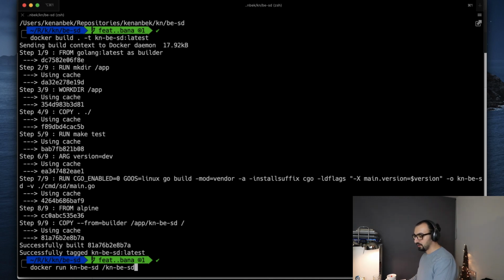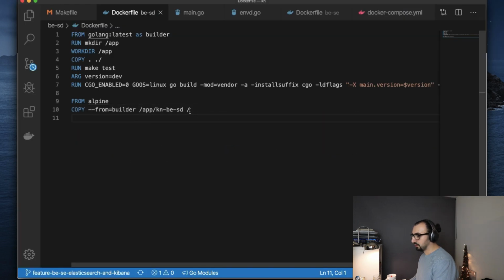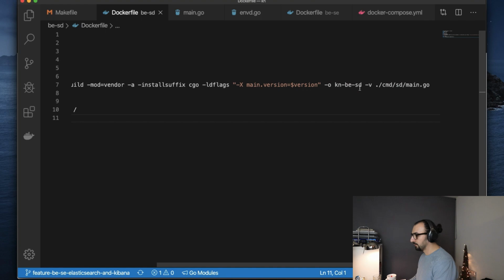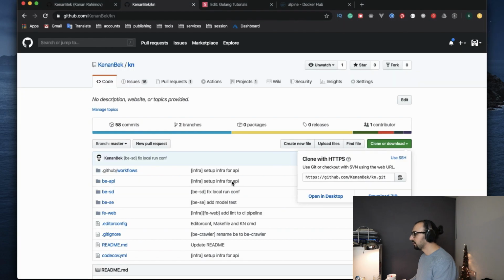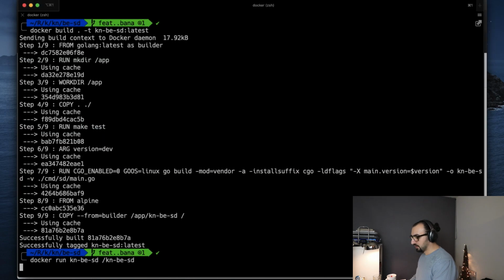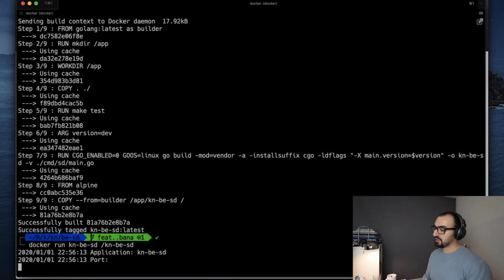So basically, it's a bit confusing because our name of our image and name of our application is same. But this one is the name of the image that we built previously, and this one is the name of our file. So if you go to the source code, this is a file. So this file. Let's execute this one. I should say that this file is a Go application, a Go binary file, and it